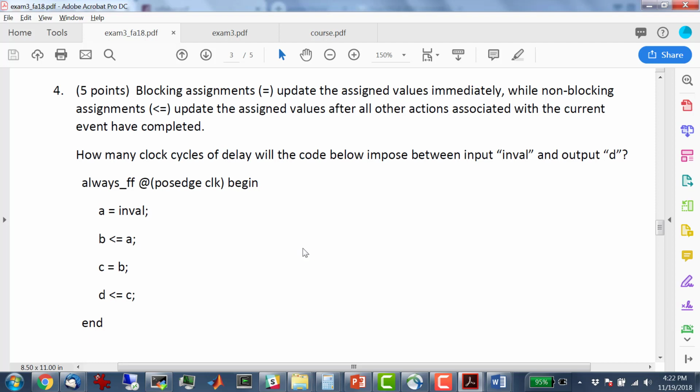The idea is that this was designed to follow the example from the book, where the book introduces this. This always_ff is going to trigger once a cycle, right, on the rising edge of the clock. But when it does trigger, the inval will transfer into A, and then that assignment will take effect immediately, meaning